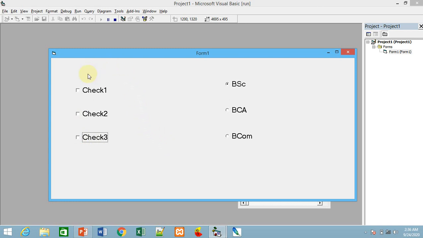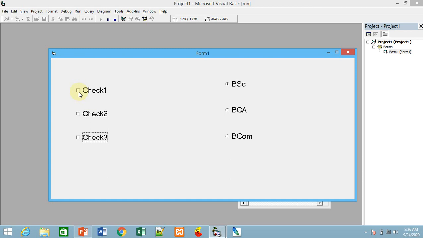So these are the checkbox properties. A checkbox is going to be checked whenever you click on it, and similarly if you click again, it gives the toggle meaning. Toggle means once you click, it enables. Once again you click, it disables. Click means it is selected.